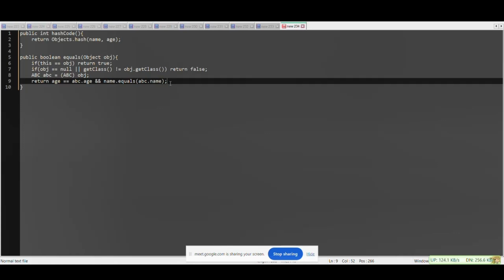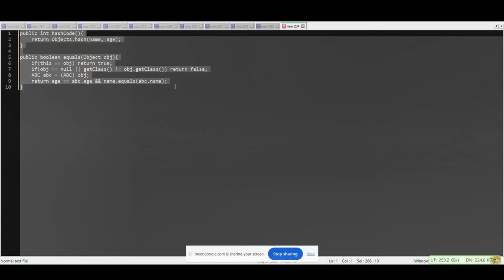Okay. Okay. Can you paste this code in chat? Yes, so, this is